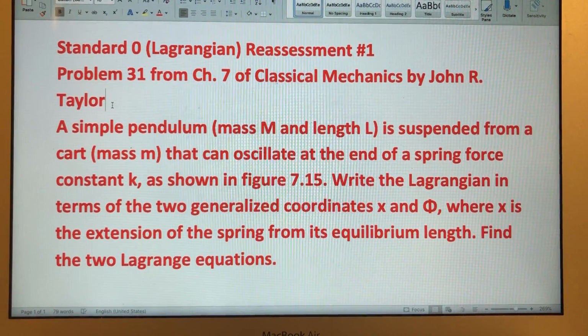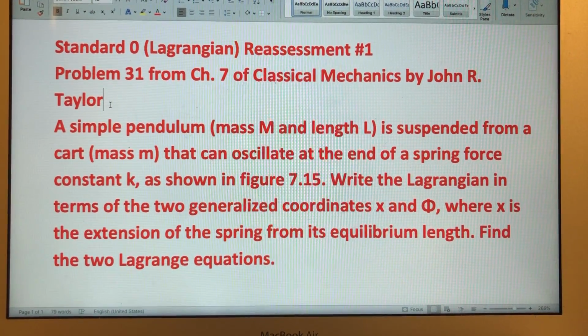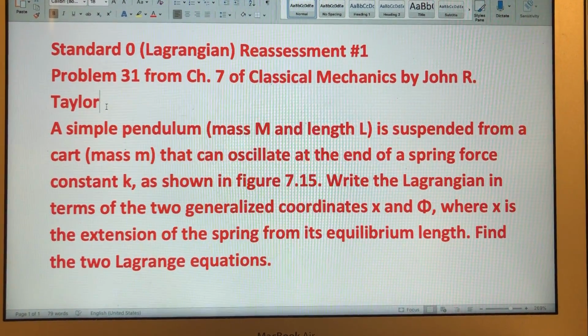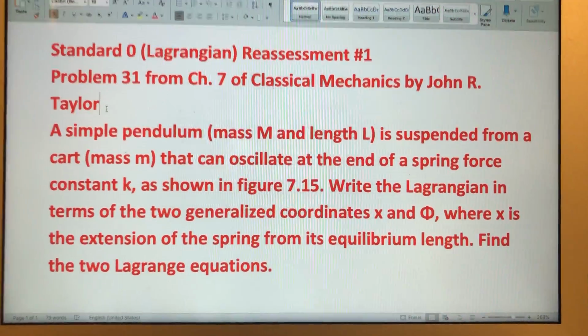Write the Lagrangian in terms of the two generalized coordinates x and phi, where x is the extension of the spring from its equilibrium length. Find the two Lagrange equations. So,